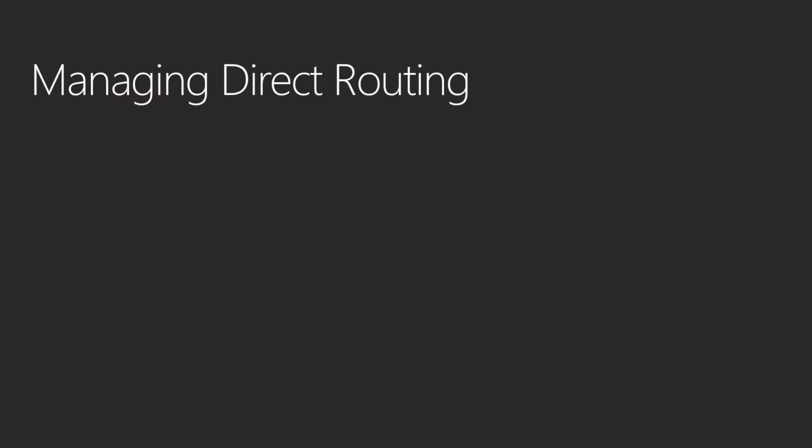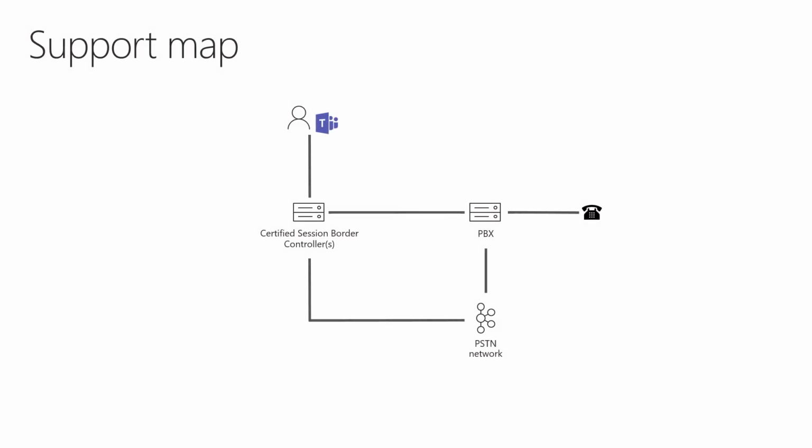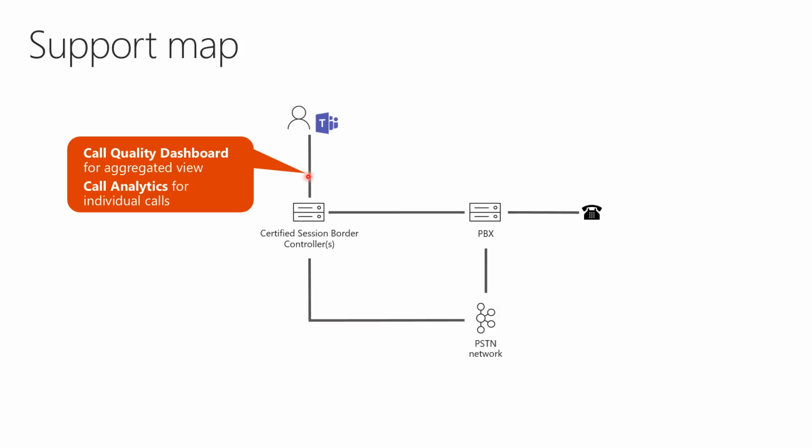Now, let's look at how we can manage direct routing. Let's use this simplified view to understand how these different components can be supported and who is involved. So if we're looking here between the user and the SBC, then you need to look into the call quality